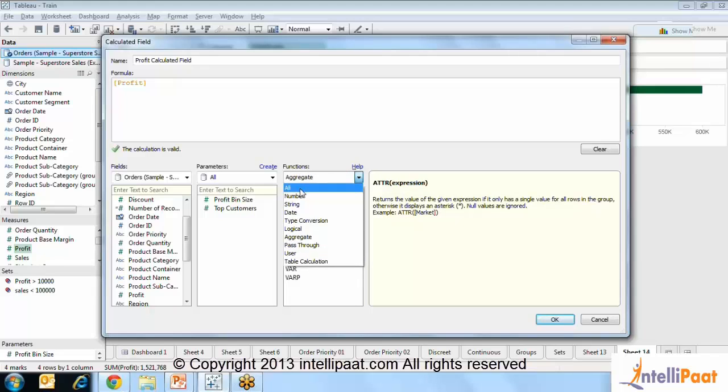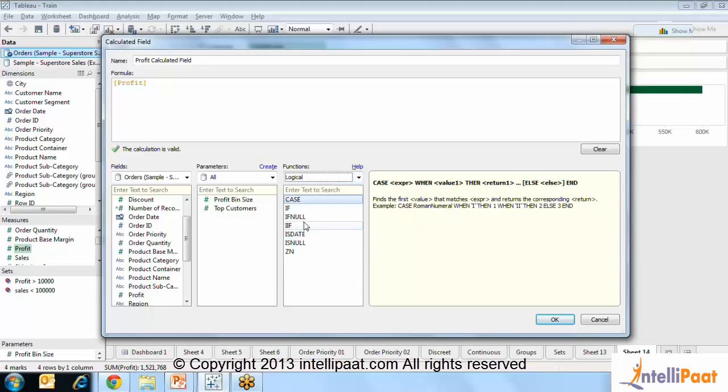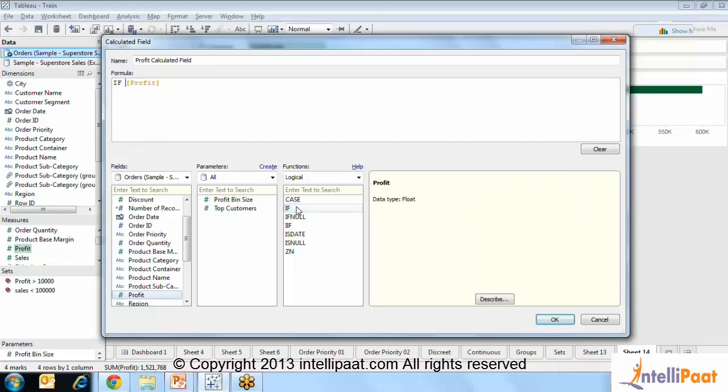So now I would just go ahead and create a logical thing, so I just want to see if profit is greater than